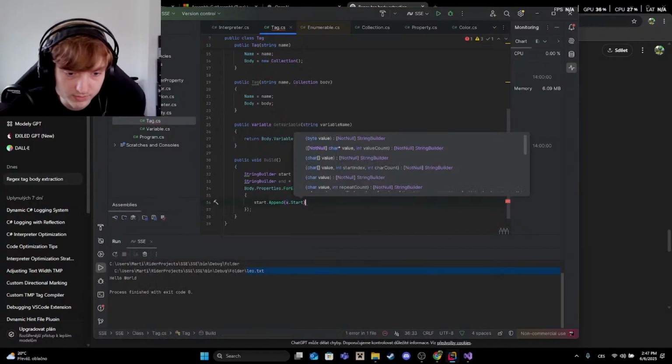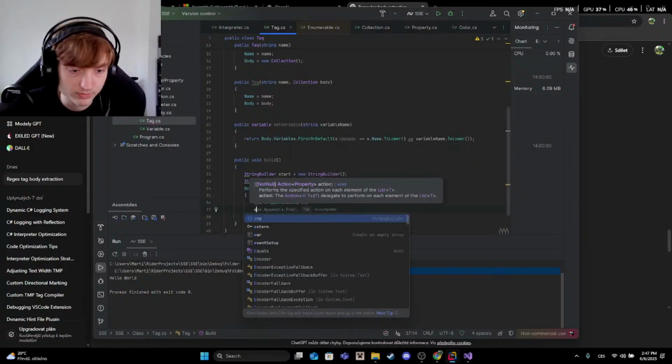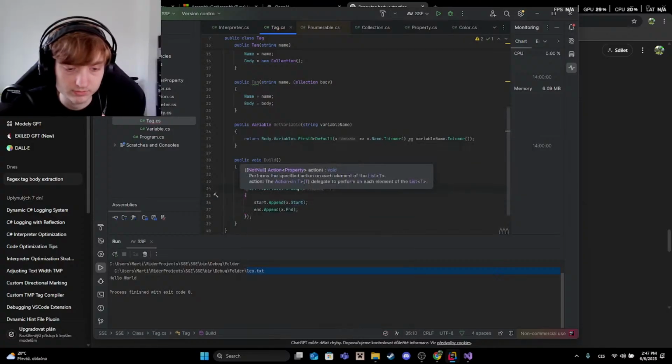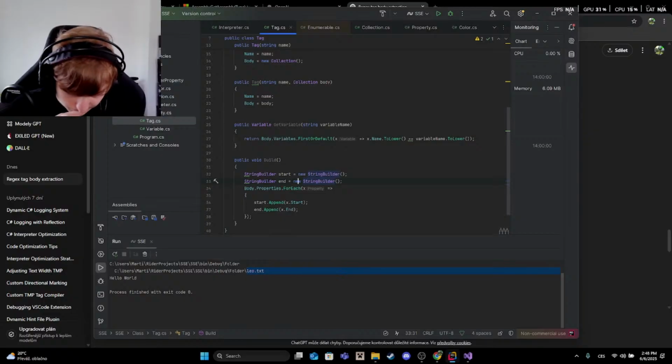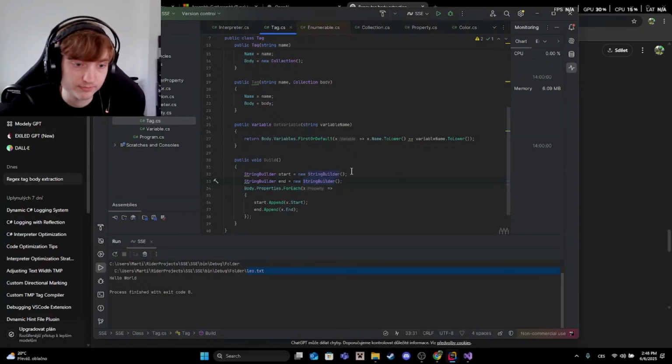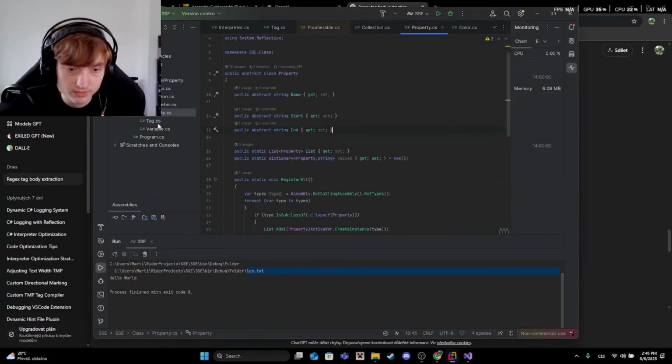And we'll do this. Then I will do end dot append x dot end, which is used for building. And if I have all of these, I will start with a property, which will be,